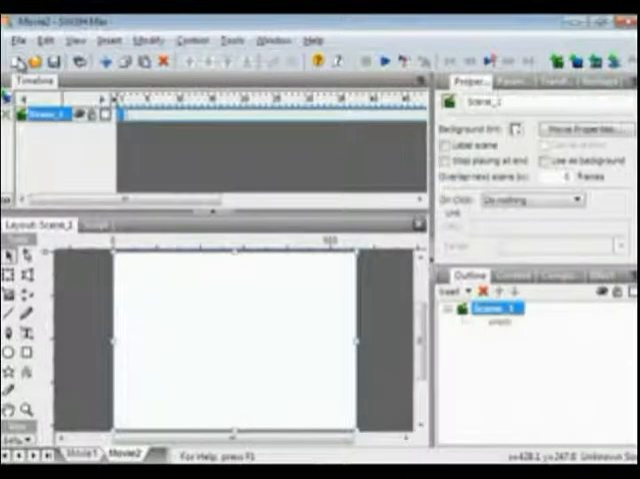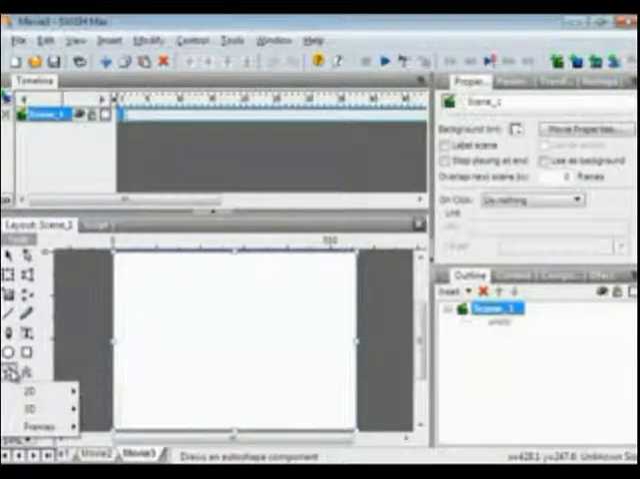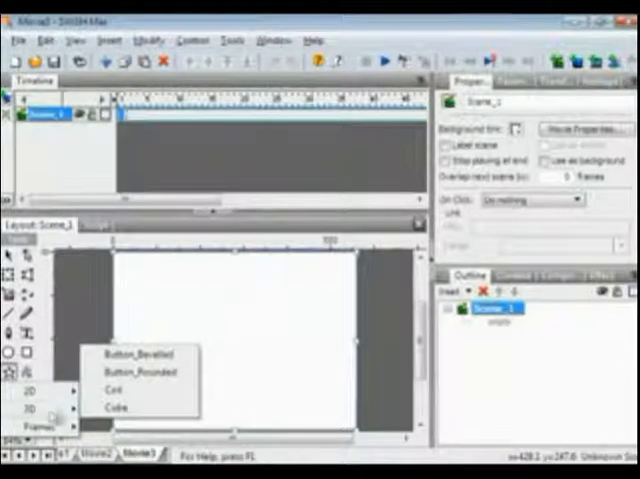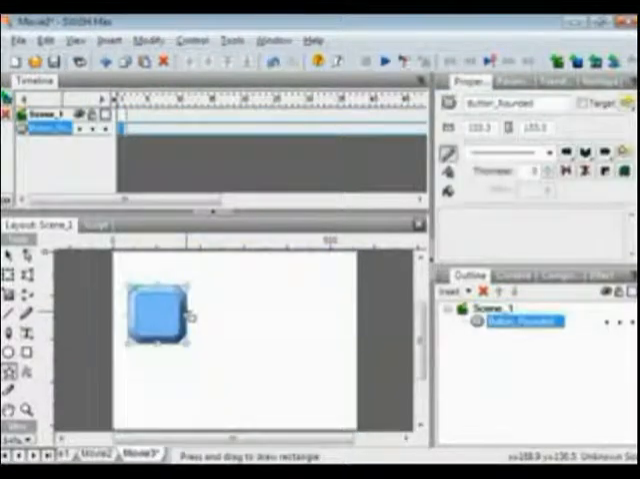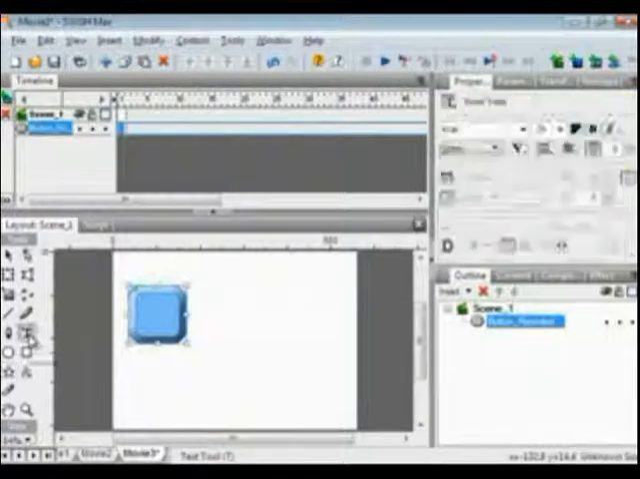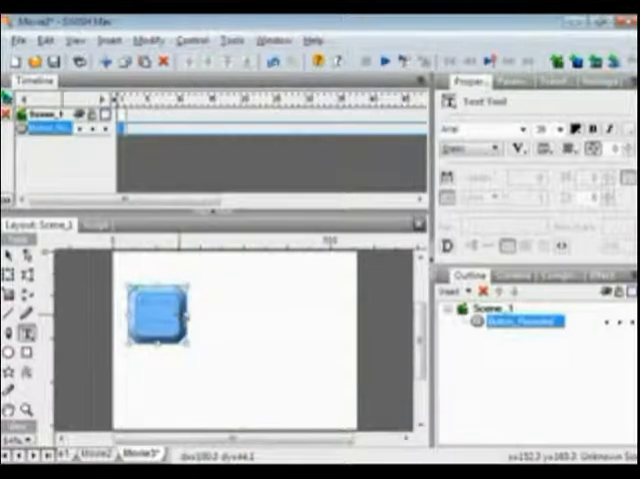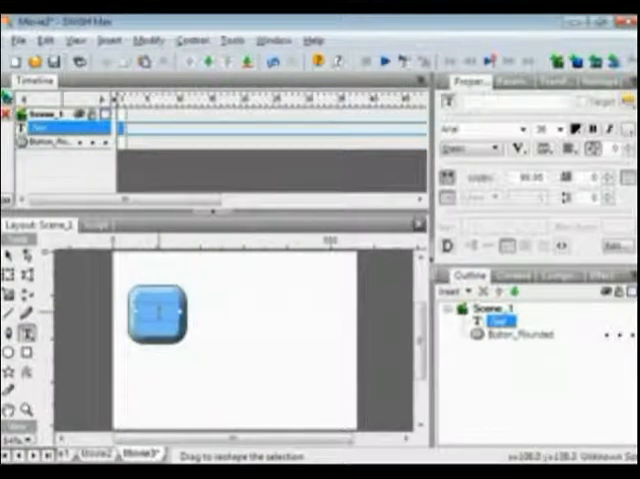First, click New, then go to the tools, click the auto shape, then look for the button rounded, so draw a button. Then go again to the tools and click the text tool, then draw a text or insert a text, but make sure it should be static. Then write or type push, then go to the scene and